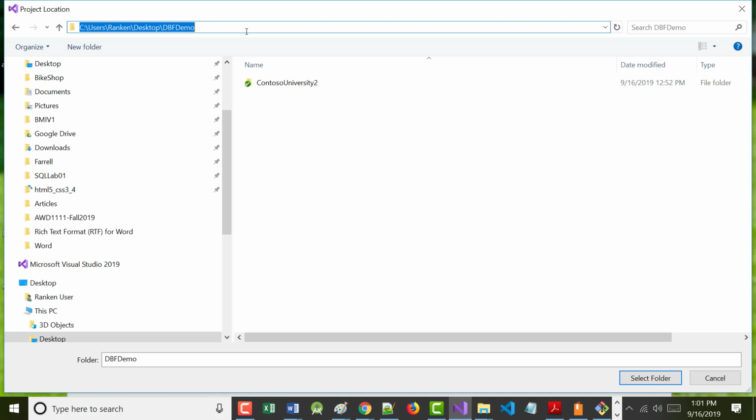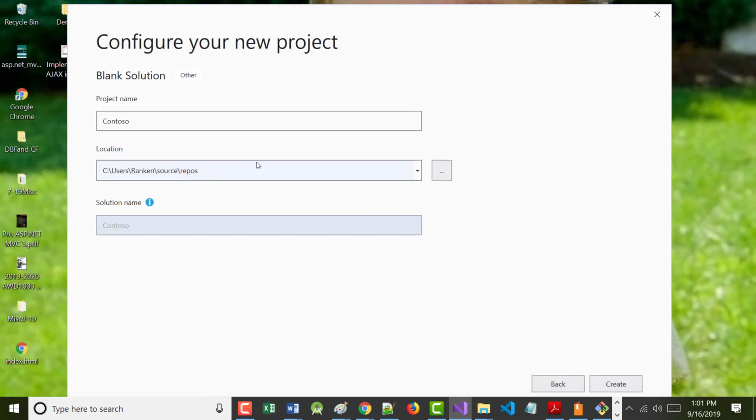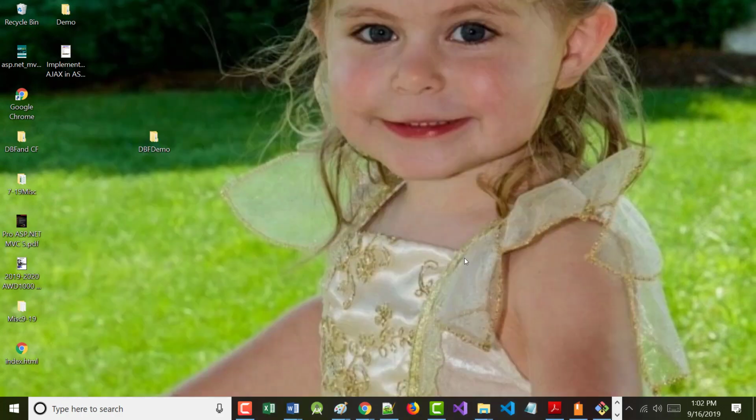So that's the folder where I want to save it. I am creating a project called Contoso. I am giving it a location, and I shouldn't even say project name, that's really the solution name. And it's blank, so there'll be nothing in it, and this is where it will live. Does all that make sense? Once you've got all that, click Create.